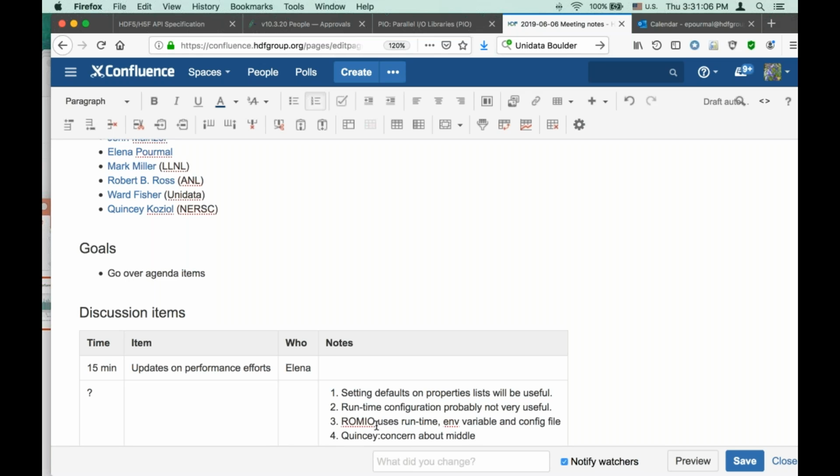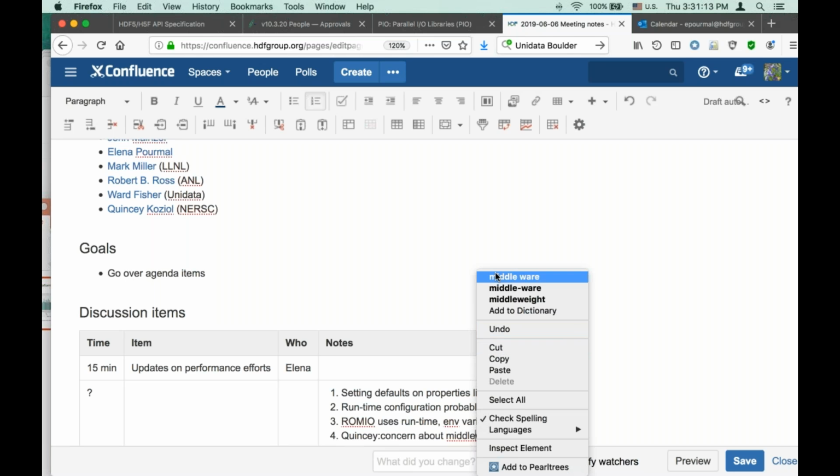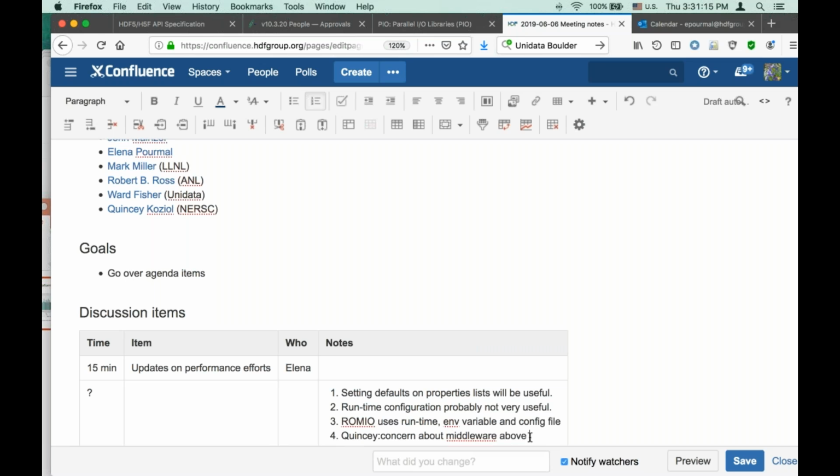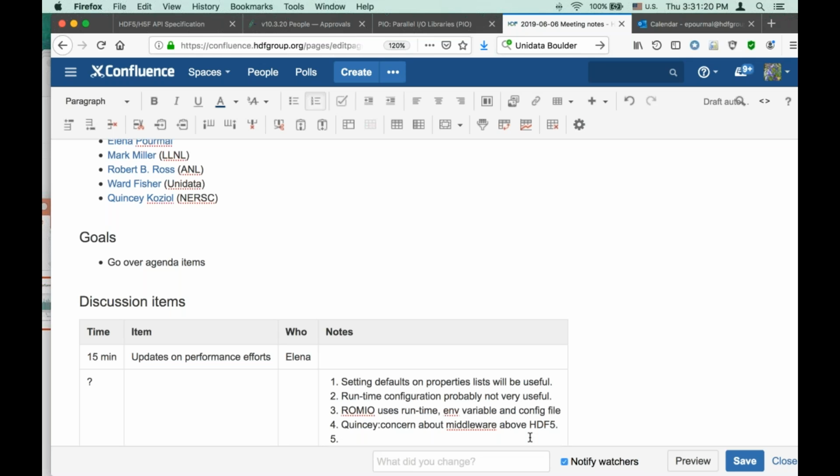But for the user to do it way down the line, who knows what middleware above HDF5 you're playing with. Just a thought. I guess I don't understand, because the user could always just pass in some MPIO and change this stuff anytime they wanted to. Yeah, true. But you can't change the base default of what the parameters are to a freshly created HDF5 property list.